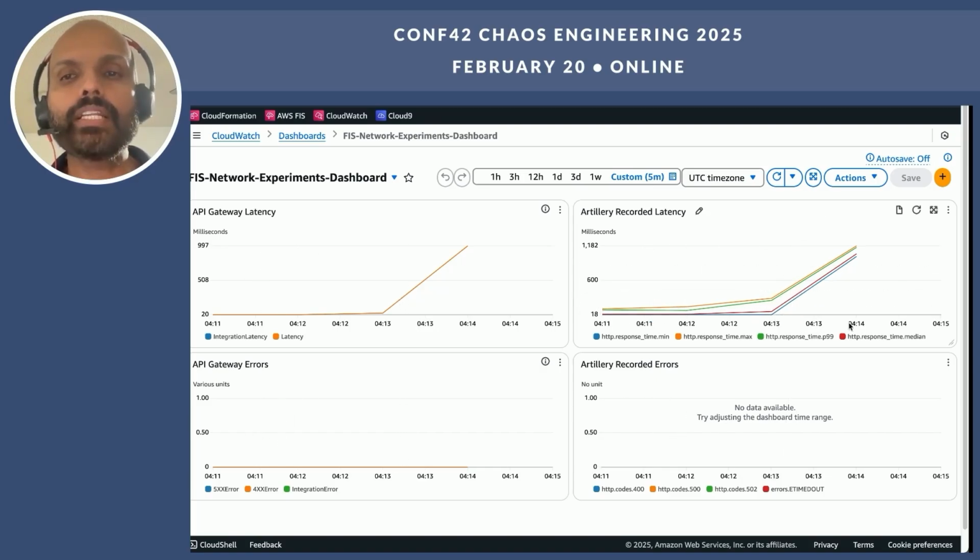Now, the big question is, this increase in latency, is that within the threshold that we have agreed upon with our system users? So that's a decision that you will have to make with the stakeholders. Say, we saw that the latency has gone up. Is that latency still acceptable in an event like this?